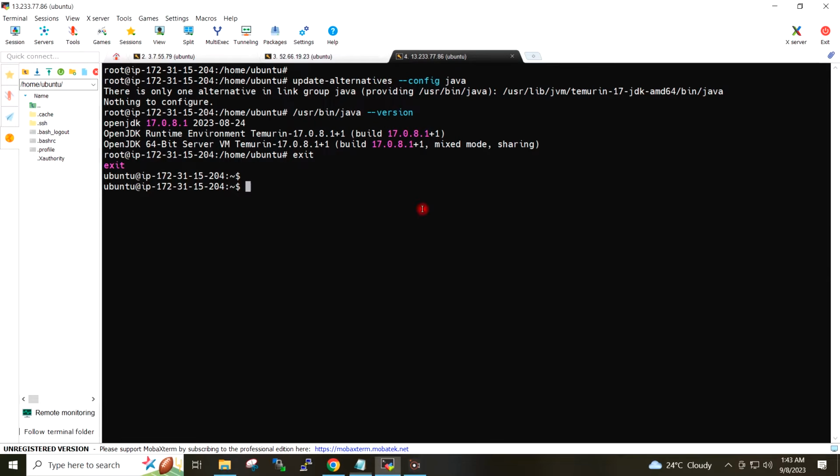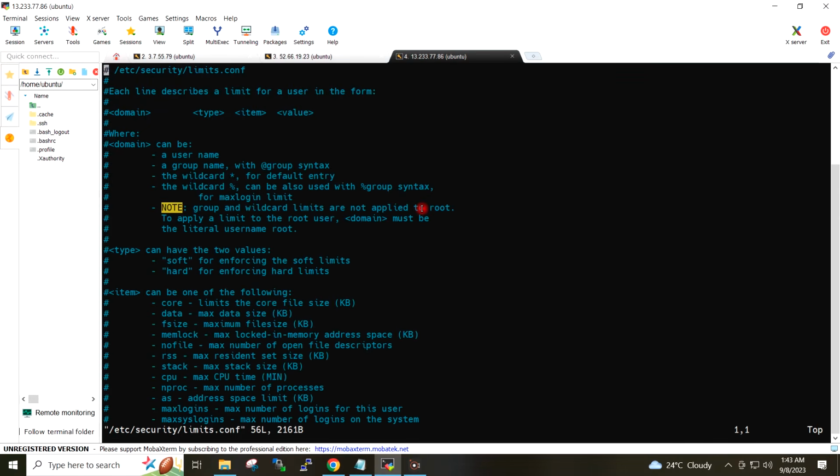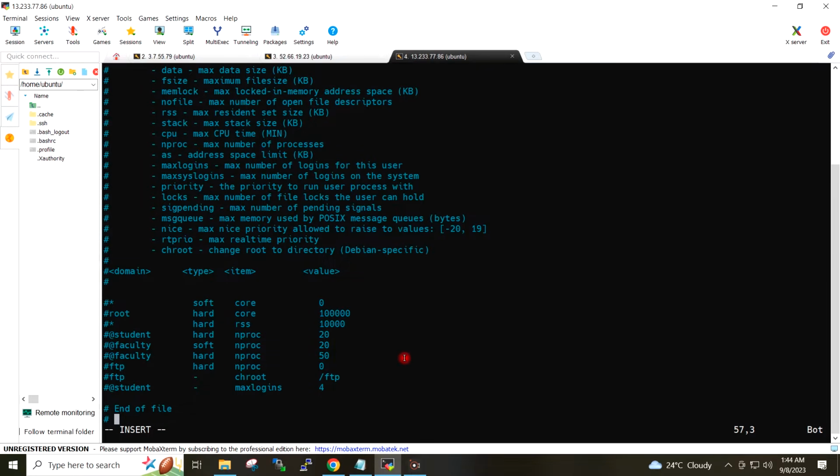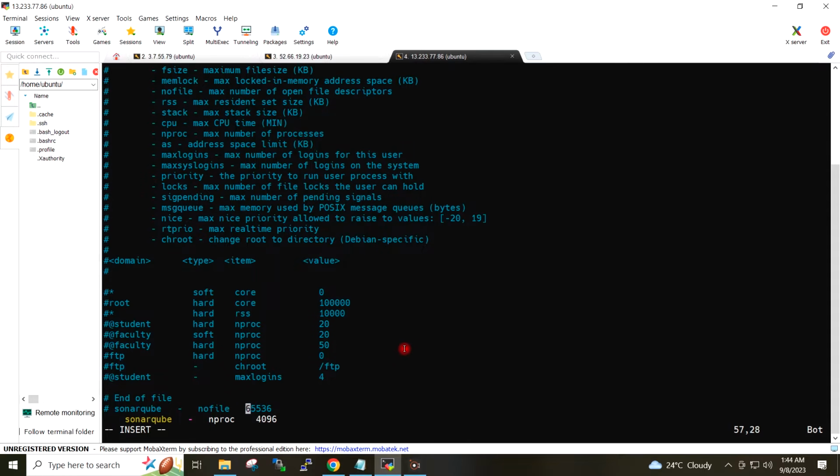I will open this file and at the end of the file I will add these two lines.